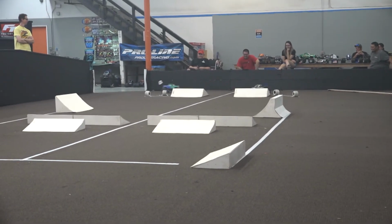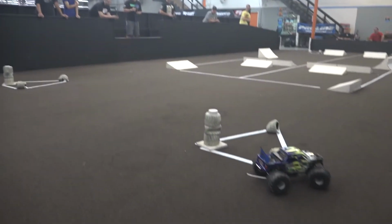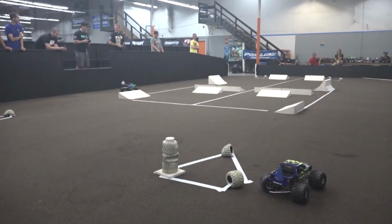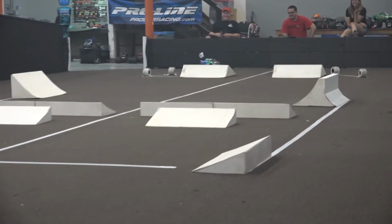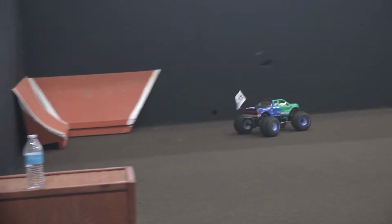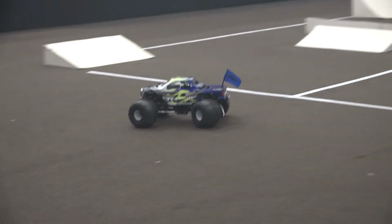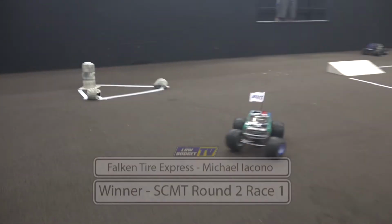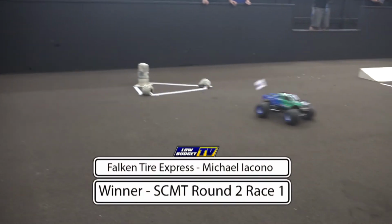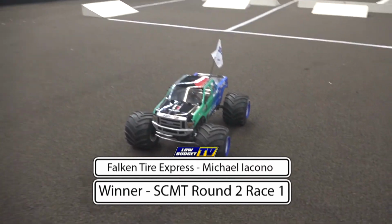And off the line, looks like Hang Time with the advantage. Oh, when he spins and he breaks a tie rod in the back end. Unbelievable turn of events, Tommy, and Michael Iacono will bring this one home. Tough break for Trevor Adamo. You hardly see a SoCal monster truck chassis break. I mean, they're both running the same chassis, so seldom do they break, but the win will go to Michael Iacono. So the Falcon Tire Express outlasts the competition today,